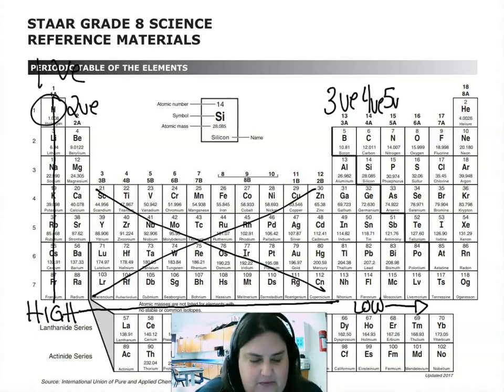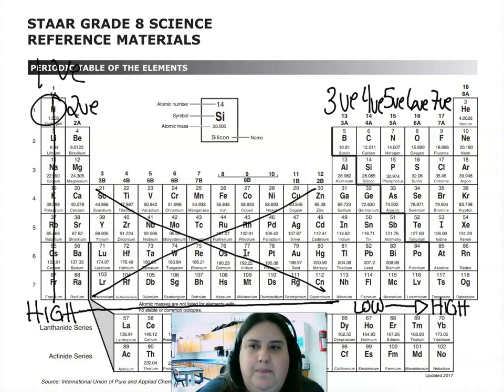Group 15 has five valence electrons. Group 16 has six valence electrons. Group 17 has seven valence electrons, and it's going to be considered a very highly reactive non-metal group. So group 1 is the highly reactive metals, and group 17 are going to be highly reactive nonmetals. There are a couple metalloids in there towards the bottom, but it's still considered highly reactive nonmetals in terms of